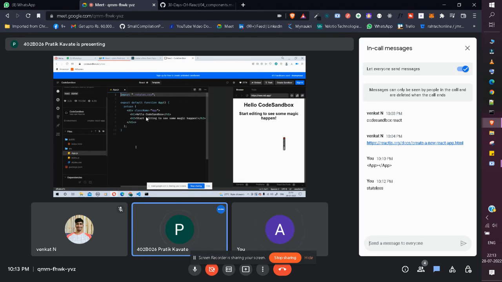The state is like that: count is zero, now count is six, but it should be updating or behaving according to user interaction. So that is basically state. You can change the state and all. So I was telling about the